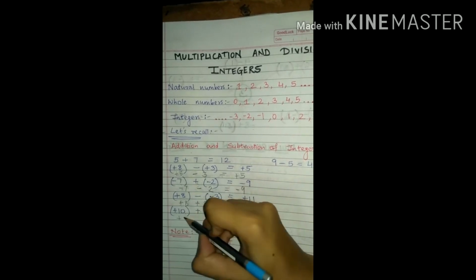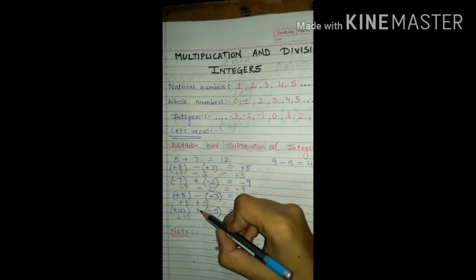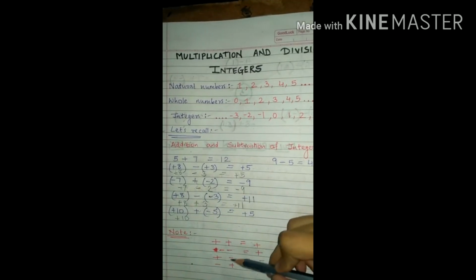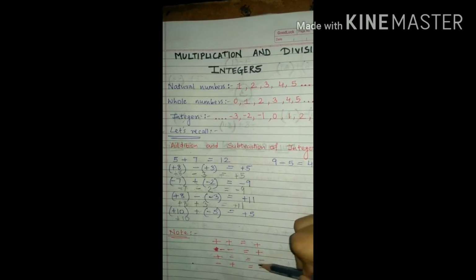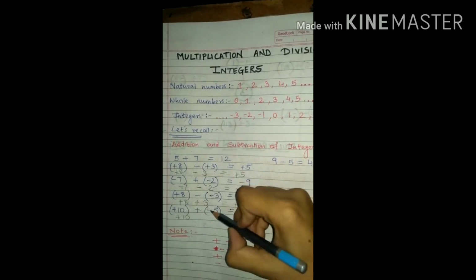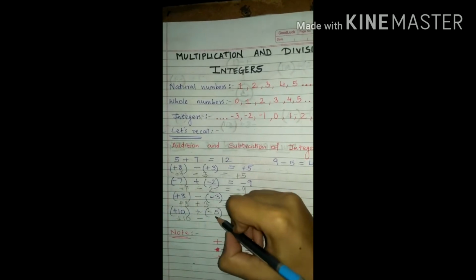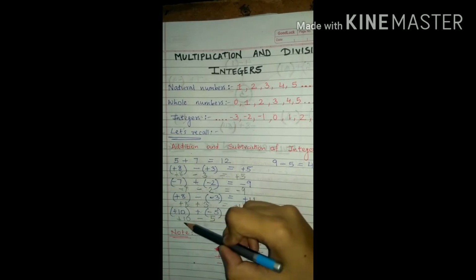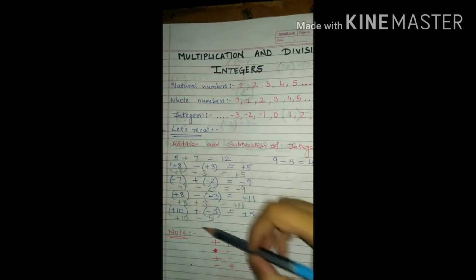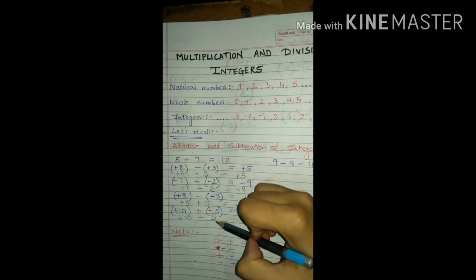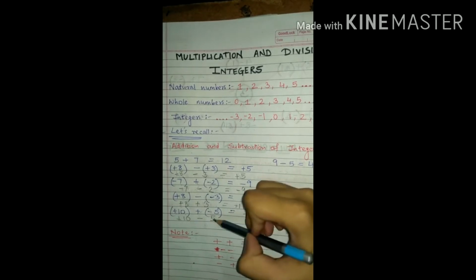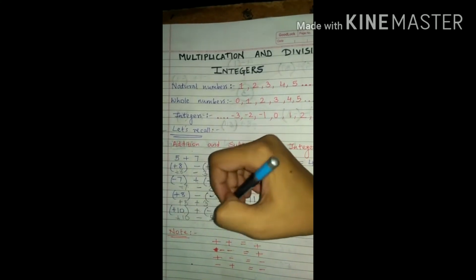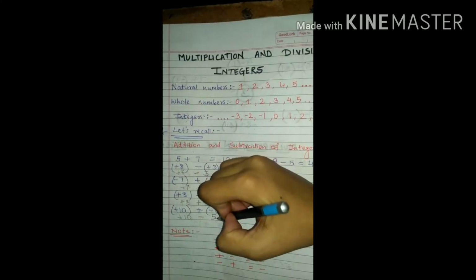So plus 10, I am writing it like that only. Then what? Plus into minus. Plus into minus is what? See, plus into minus is equal to minus. So plus into minus is minus, then 5. Then plus into minus again. Plus into minus is what? Minus. Means these two numbers need to be subtracted.